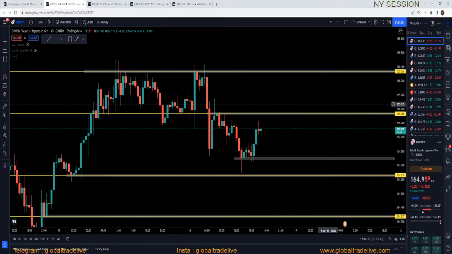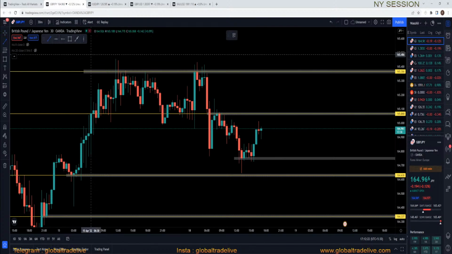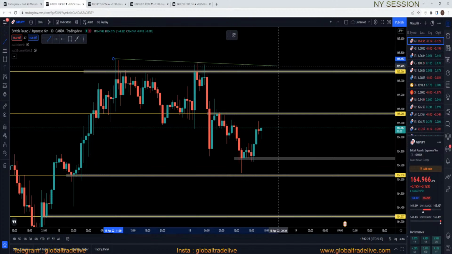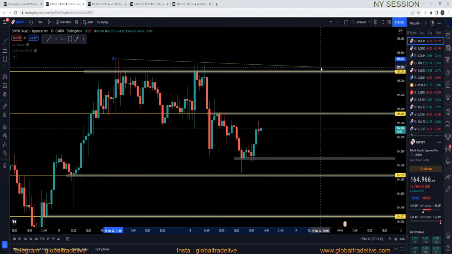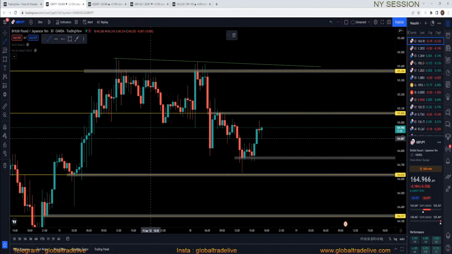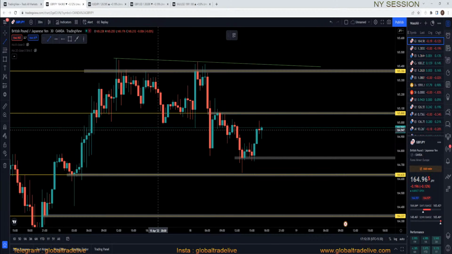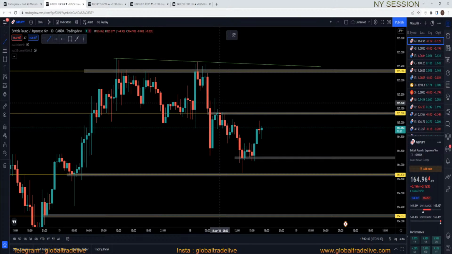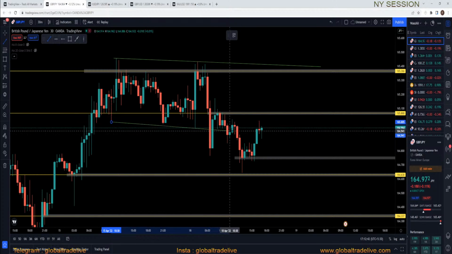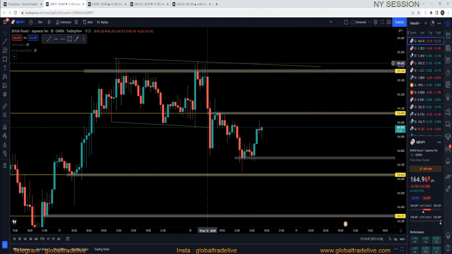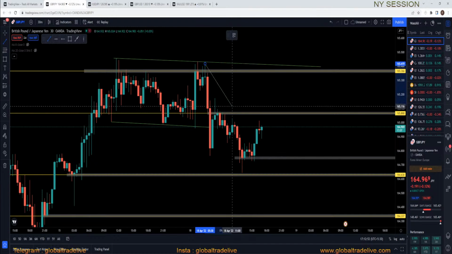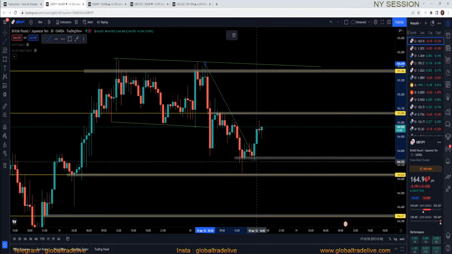So what's happening in the market? Okay, so I see something over here. Then the market just went down from here, and before that there was a sideways movement like this. Then the market went down, creating lower lows and lower highs. Then the market was moving to the downside,